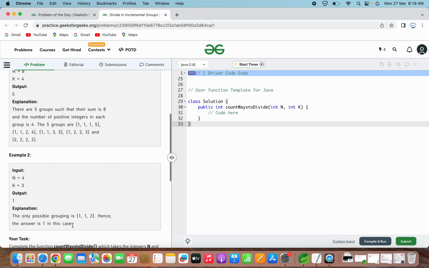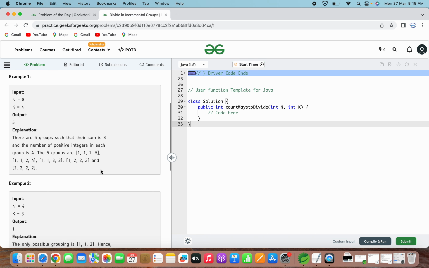See, here it is set in non-decreasing order so that we do not take the duplicates of it. Suppose if you take it as 1 2 1, so that will also sum to 4, and the size will be 3 only. But here that pattern of non-decreasing order will be broken. So it should be in ascending order only, so that we can avoid the duplicate combinations for taking the groups. I hope this is clear.